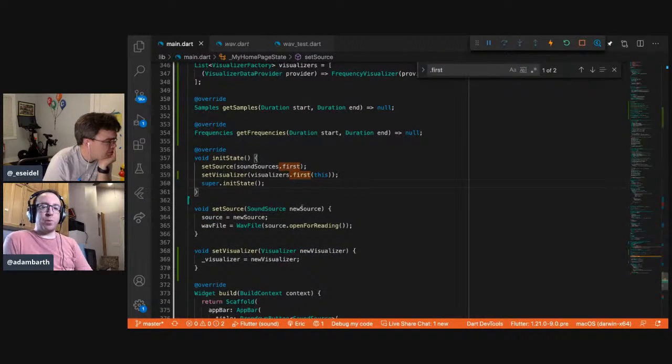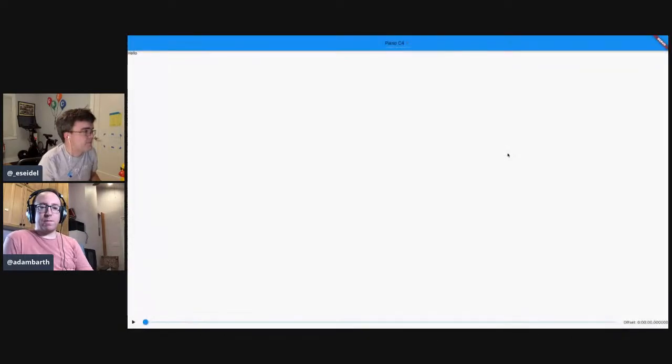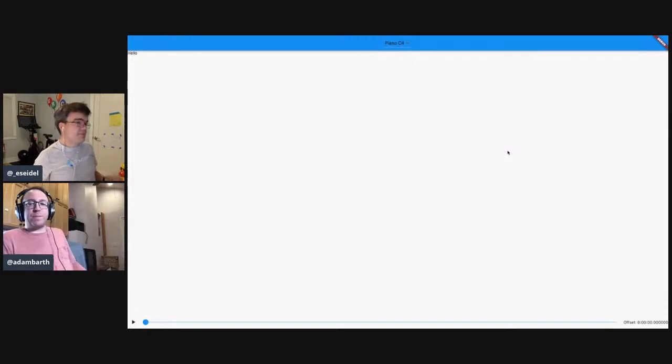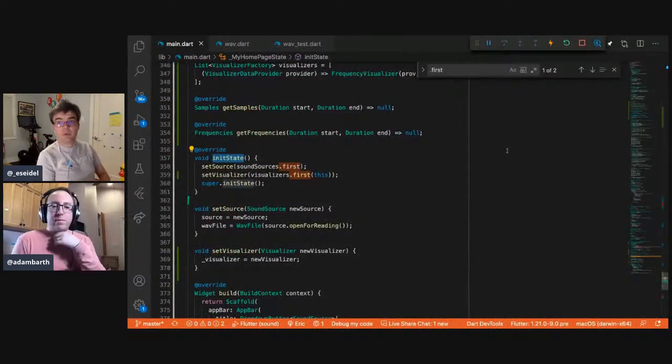So did we ever get the debugger working, or are we sort of in printf debugging? Oh no, we can totally debug. So I would just put a. Well, but this is init state, which hasn't. Oh, but I did a hot restart. You were saying? There it goes. I just hadn't done a hot restart. I did a hot reload. When you do a hot restart, it will refresh the state of your program, whereas a hot reload won't. Right, because we're changing the state initialization. Yeah. Okay, so we have our framework sort of a little bit working.